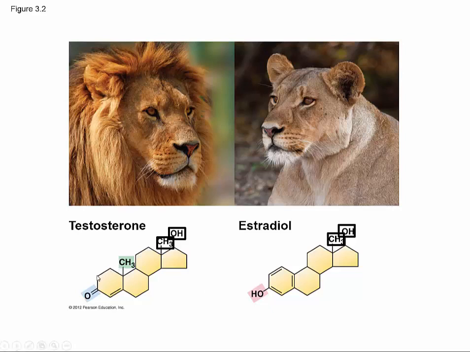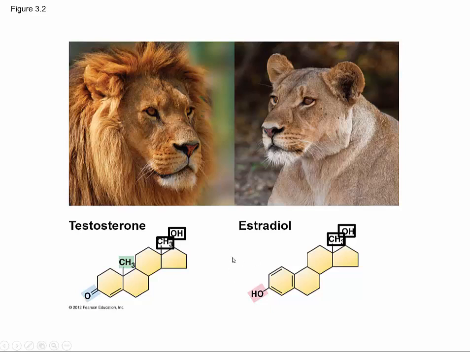What we see are these carbon rings. Everywhere that the black lines meet represents a carbon. So if you look at the ring structures of the molecules, they're very, very similar, if not identical. That's the carbon skeleton, or the carbon backbone, of these molecules. What makes them different are the functional groups that are added on to the backbone.